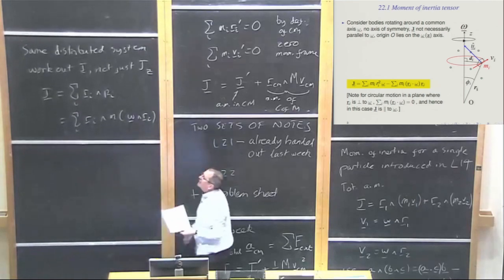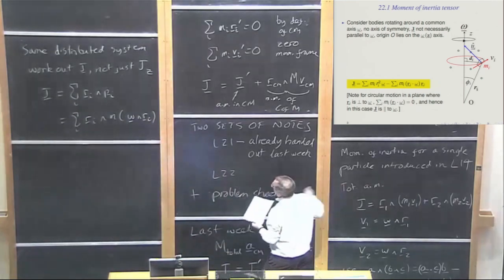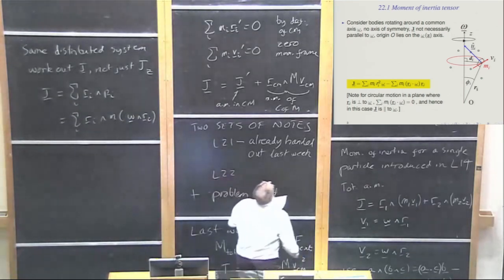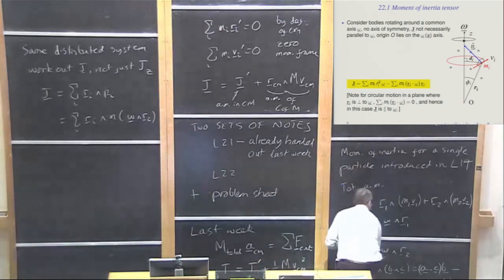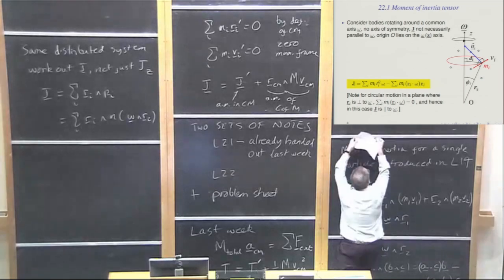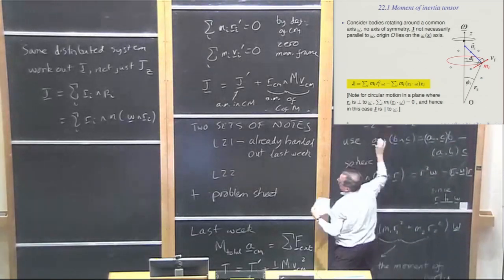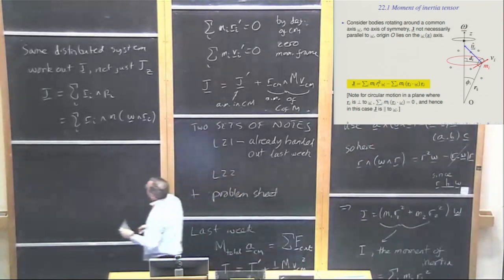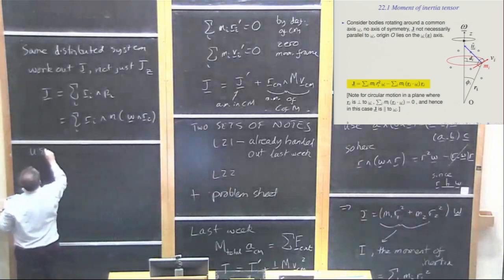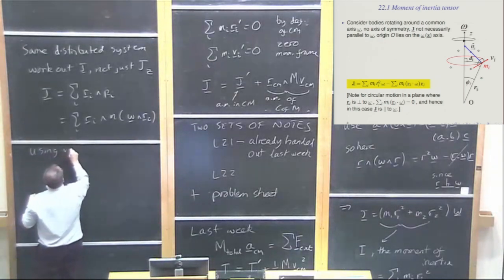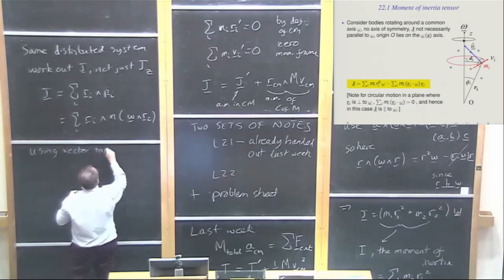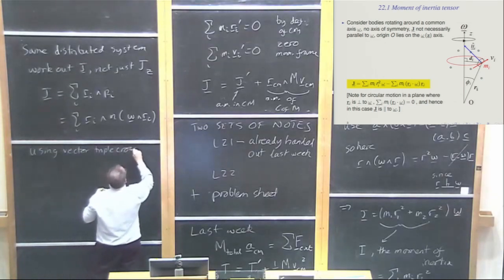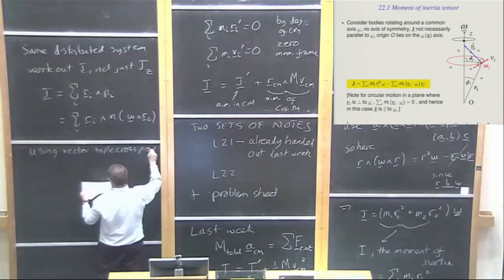So again we have this vector triple product, so we make use of this identity. So using the vector triple cross product, then we get